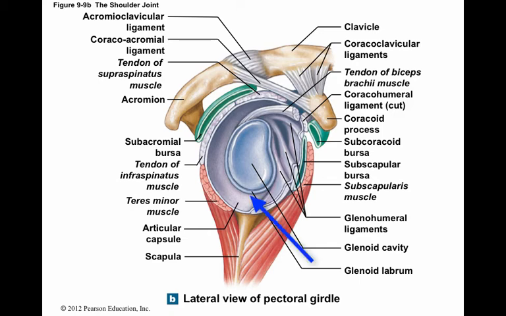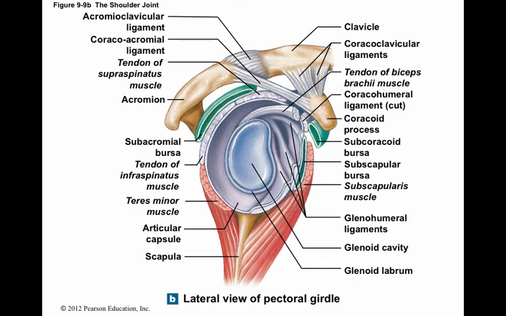The glenoid labrum of the glenoid cavity is a fibrocartilage lining that extends past the bone and helps to deepen the socket of the glenoid cavity. There are 2 processes on the scapula that help to stabilize the joint. The acromion and the coracoid process are both lateral projections that are superior to the humerus. Several ligaments attach between the acromion, the coracoid, the clavicle, the glenoid cavity, and the humerus